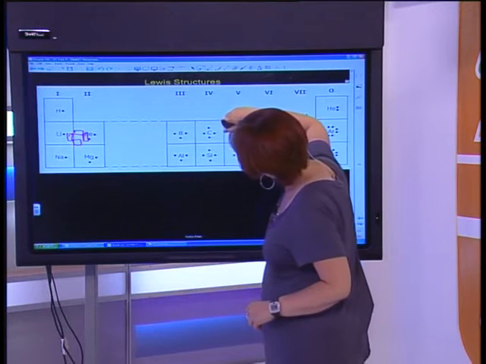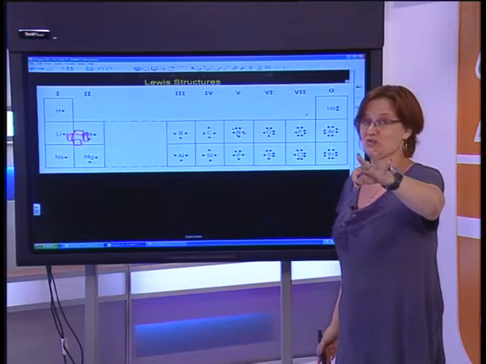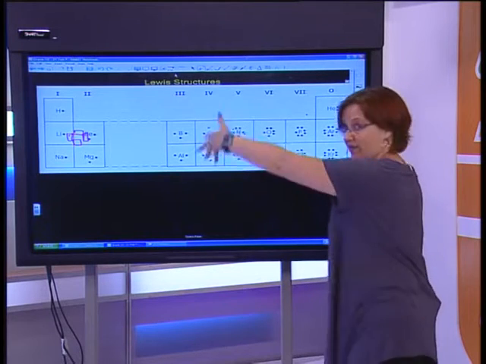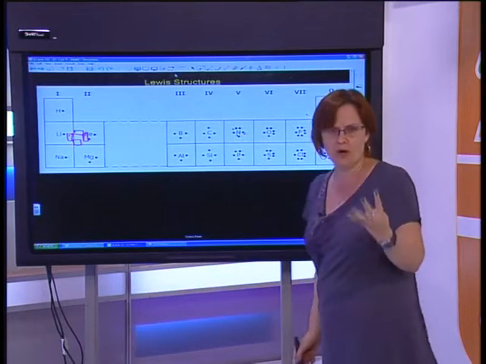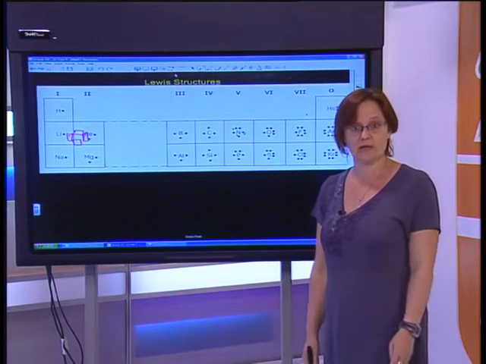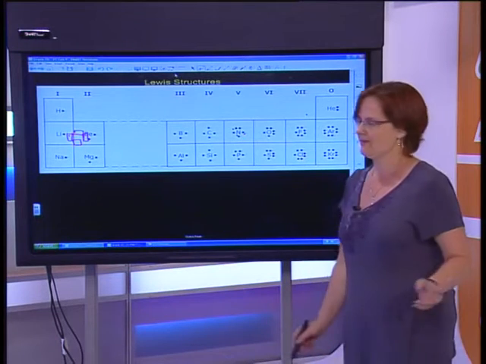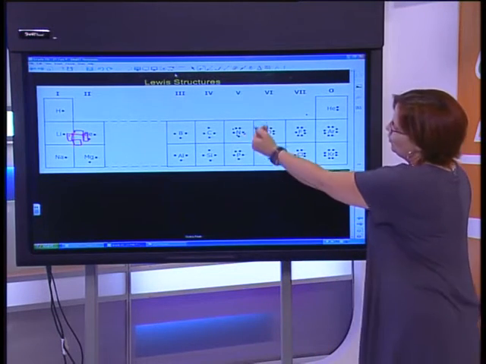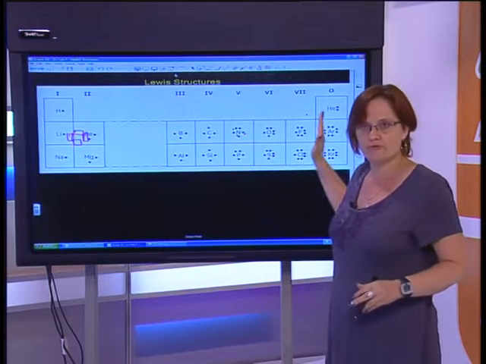Anyway, it has 3 open spaces. That means it can make 3 bonds. This is what makes nitrogen so special. Carbon and the group 4 elements, the fact that carbon can make 4 bonds is why carbon has a chemistry all to itself known as organic chemistry, which you're going to get to in grade 11, and I like that section. As we go along, we realize that the outer orbitals are getting fuller and fuller and fuller,